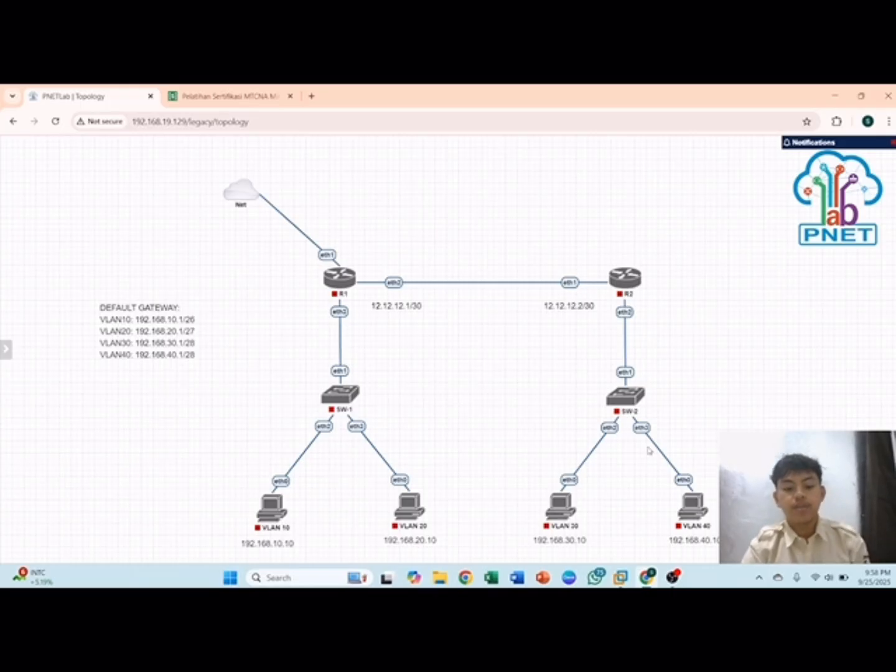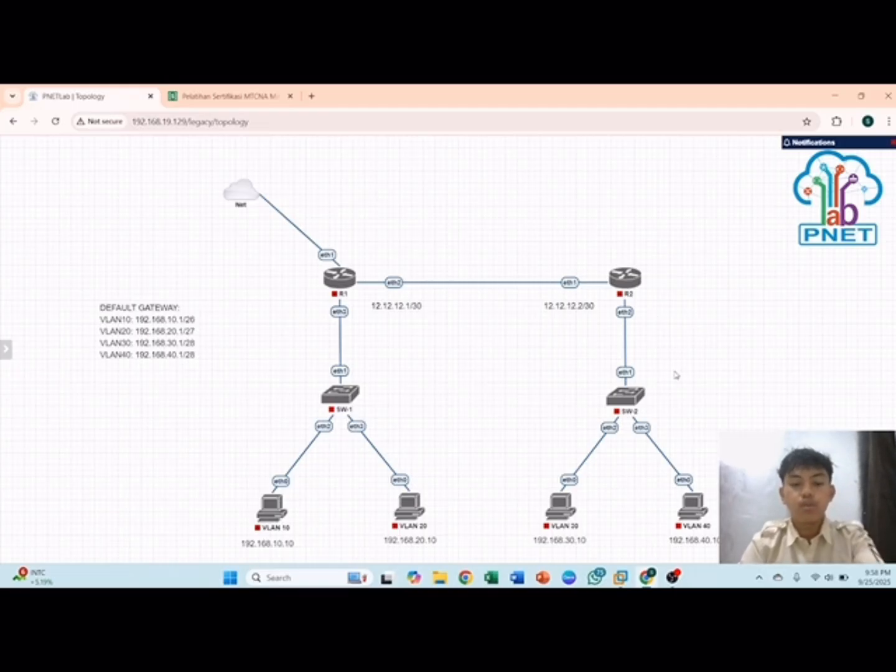We will test connectivity by pinging domains like Google.com, Instagram.com, and Facebook.com directly from the PCs. Let's get started.